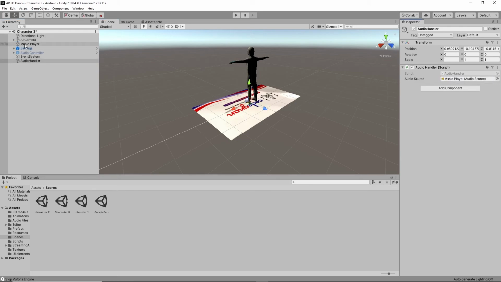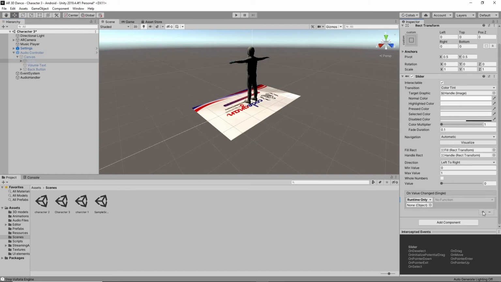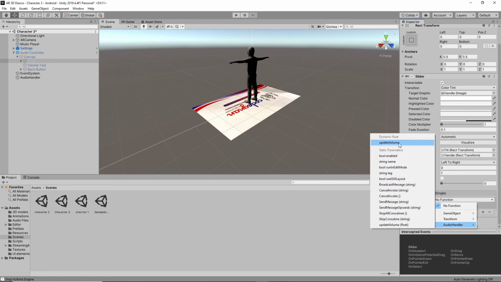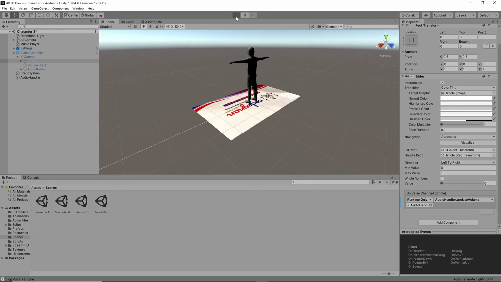Now it was done, and in the slider we have to give the functionality. Audio handler, you have to drag it here, and in the function you have to go to the audio handler script and call the update volume function. That's it. Let's check again, and you can decrease the volume.